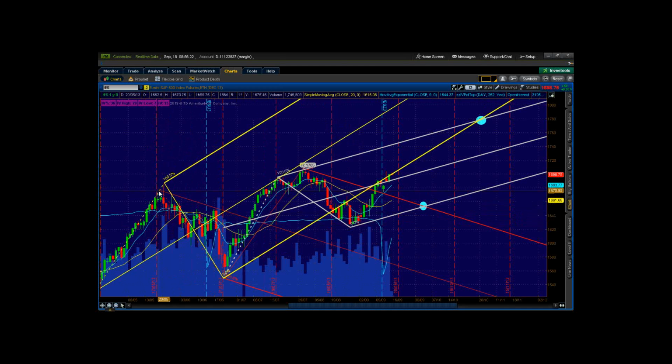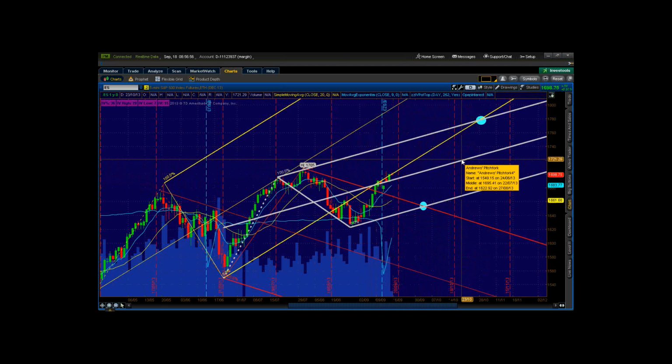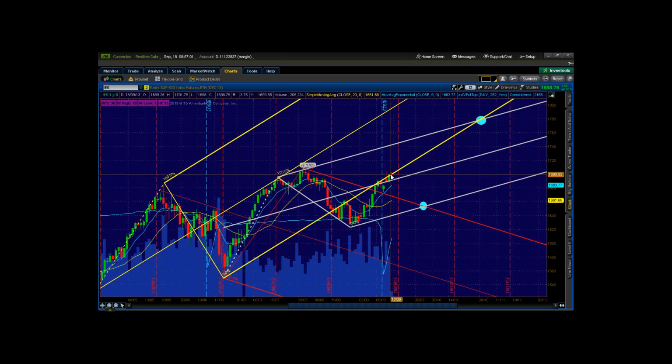At that point in time, we created this opposing fork, the downward sloping fork, and we were watching to see if we came down to test the center line of this fork. We didn't. We held just down here around the 1623 area, so I added this modified shift fork, and we've been watching that come up to test this energy point, which was our target. Last week we came up and took it out, and now we're trading above the center line of the modified upward sloping fork and coming back into the longer term fork, and we're just sort of struggling to get